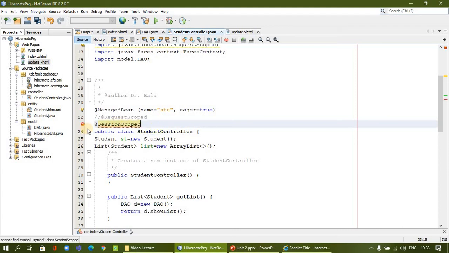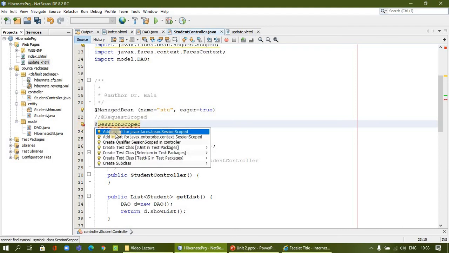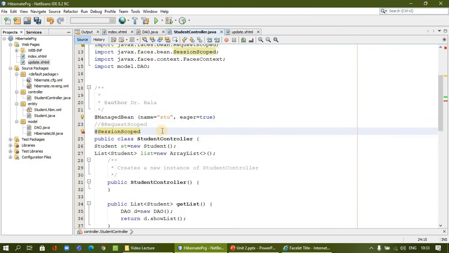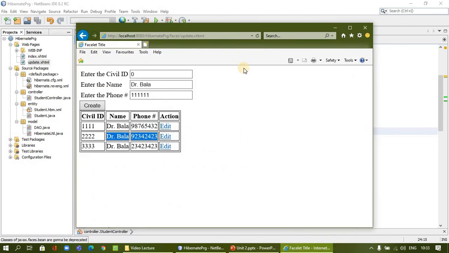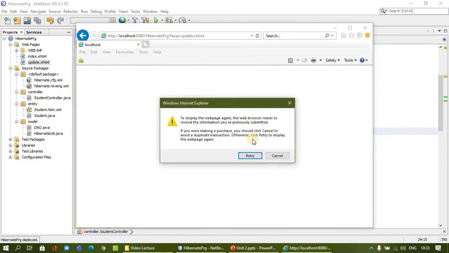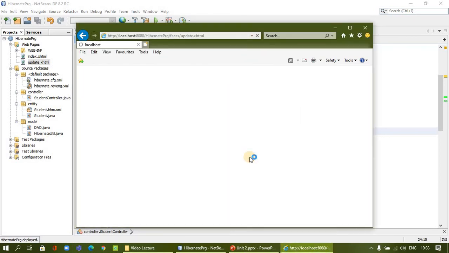After adding this, we have to import the faces bean session scope we added. Now I am going to refresh. It's getting deployed. Let me refresh it. You can also rerun it. It will be updated, I think.